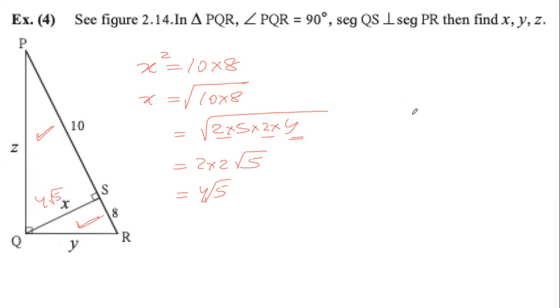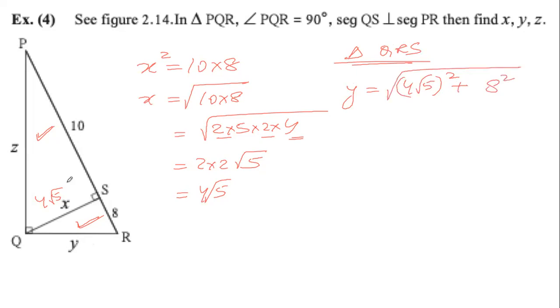If I quickly solve it on the screen for all of you, in triangle QRS, clearly Y is the length of the hypotenuse. So I can write Y equals the square root of (4 square root of 5) square plus the square of the other side. Instead of writing square and then taking square root, I can directly write this. You can solve it and find the answer. It's completely solved in your textbook.